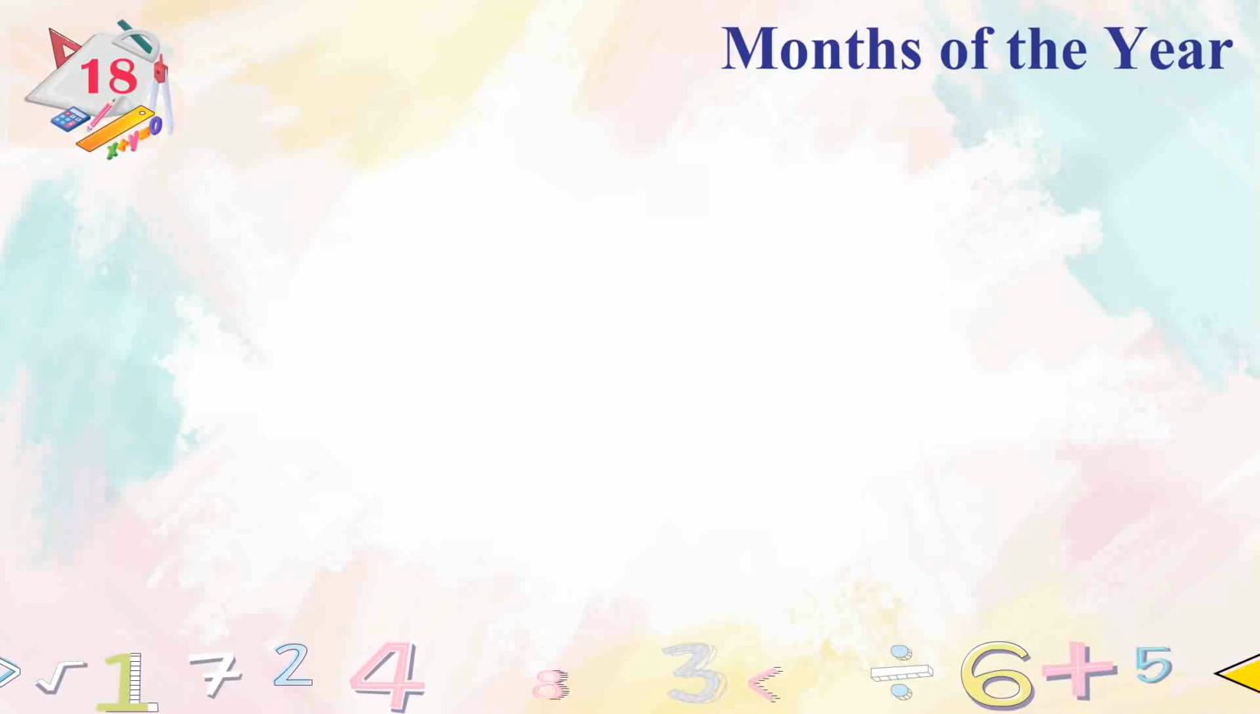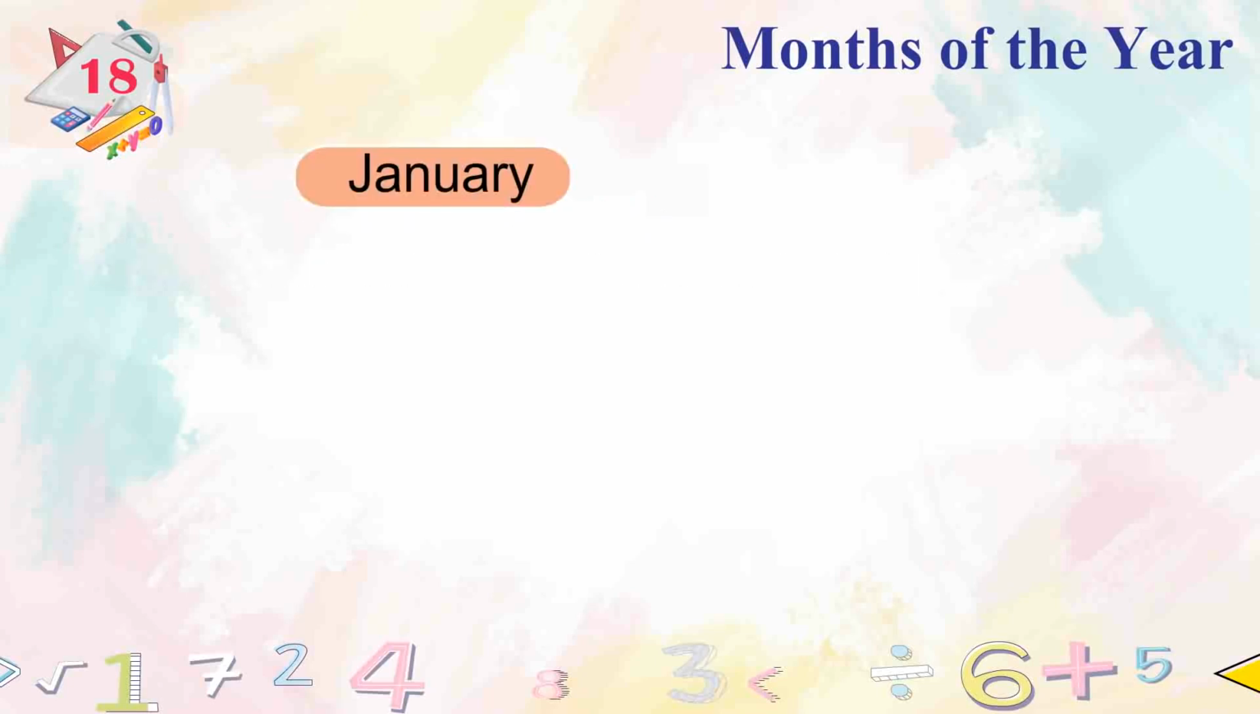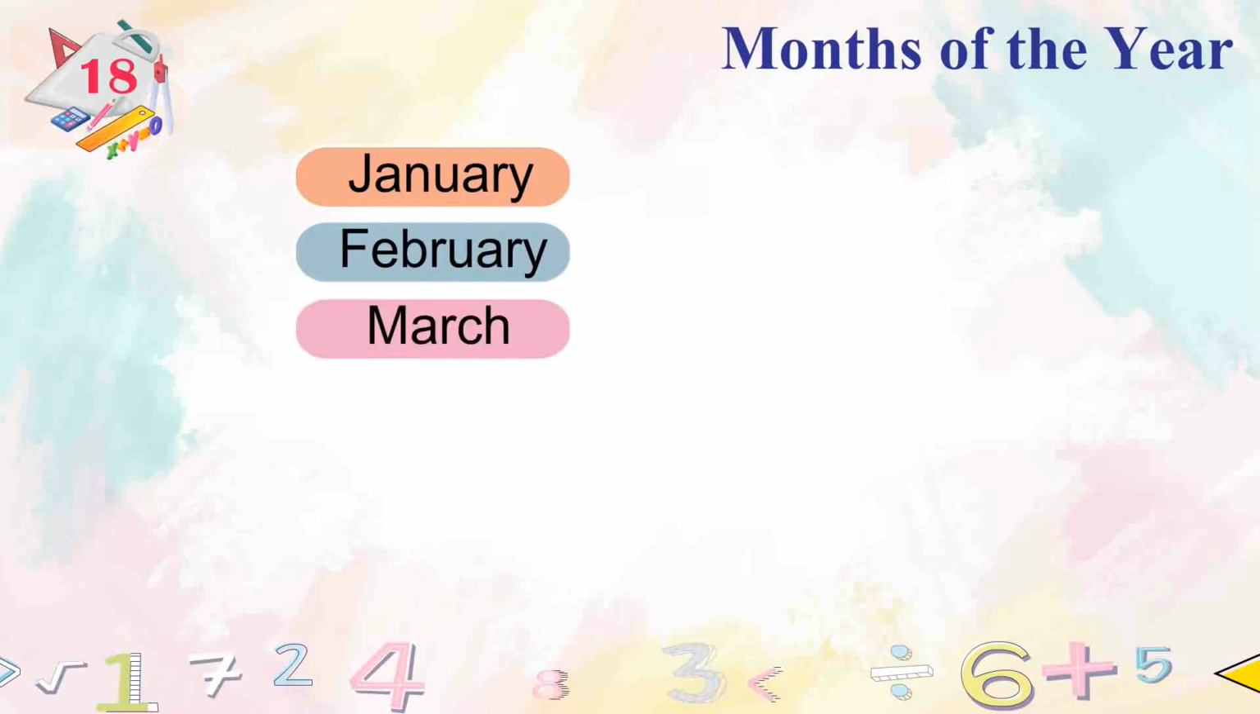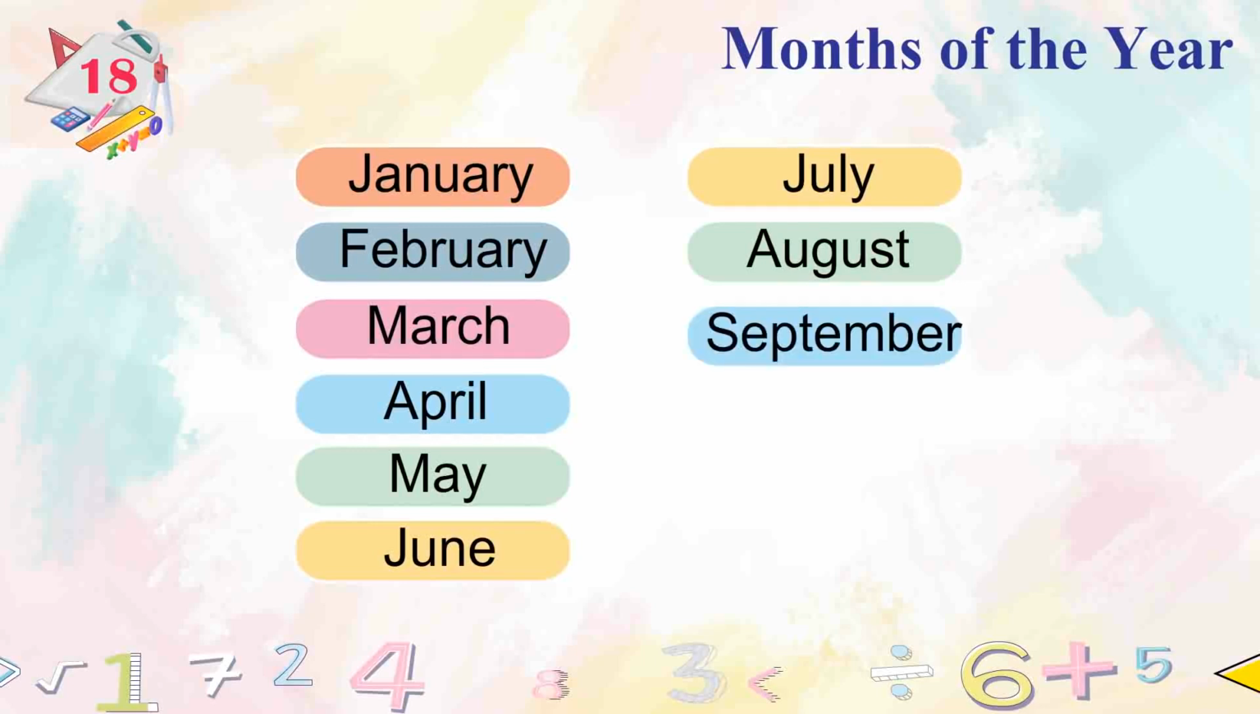Chapter 18. Months of the year. There are 12 months in a year. Say their names aloud. Repeat until you remember their order. January, February, March, April, May, June, July, August, September,